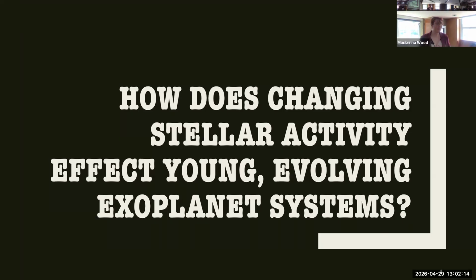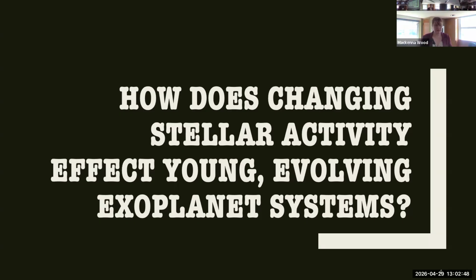So we know that activity is incredibly important for shaping the final stages of an exoplanet's characteristics, right? It shapes what the atmosphere is made of, what the atmosphere looks like, how much atmosphere there is. So we know that activity is very important for shaping a lot of these things. But what is really important is how exactly that happens. And that is something that is fairly difficult to study because it only happens during those first few million years that a star system exists. And so we want to take a look at that.